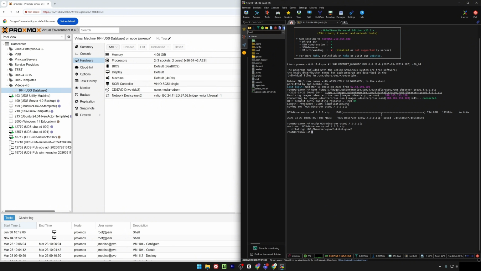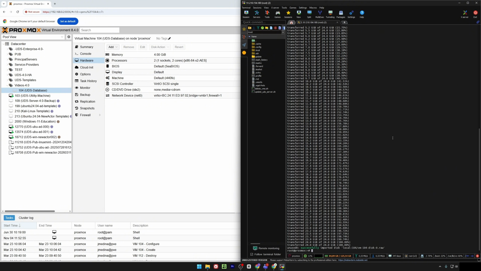Well, now to import the image into Proxmox, you must type the following command, which is qm importdisk, the machine ID, which in my case is 104, as we can see right here, the path of the QCOW2 disk, and the Proxmox data store, which in my case is local. So once ready, we hit enter, and as we can see right here, you will notice that it has added